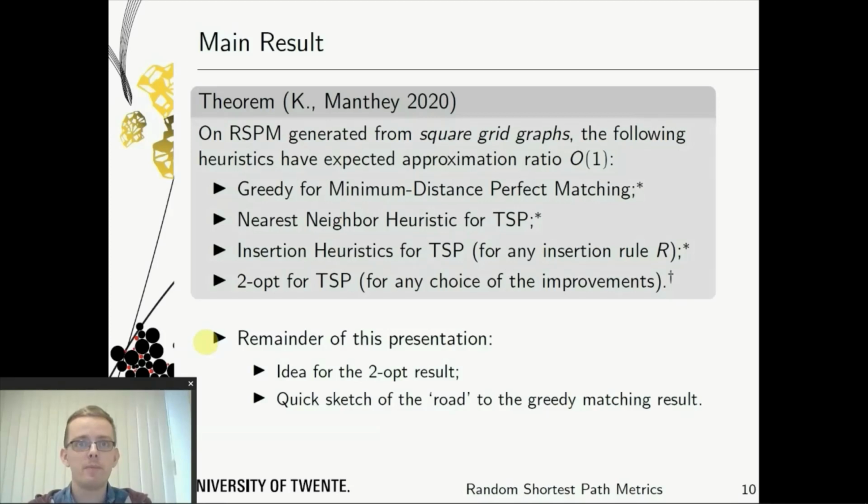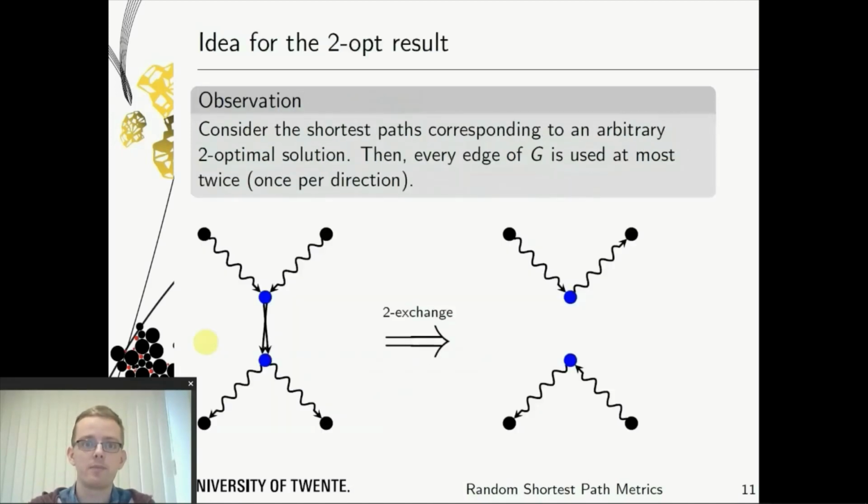In the remainder of this presentation, I will show you the idea for the probabilistic analysis of the 2-opt result, and I will say some more or less also about how we went about the greedy matching result. So the idea for the 2-opt result mostly relies on this crucial observation that you see here. We noticed that if you look at the disjoint union of the shortest paths used by any 2-optimal solution, then this disjoint union can only contain each edge of the original graph G at most once per direction,